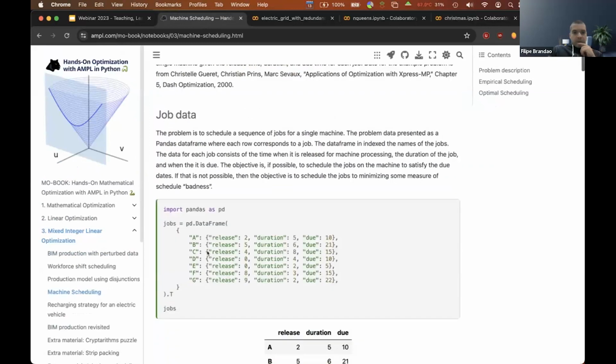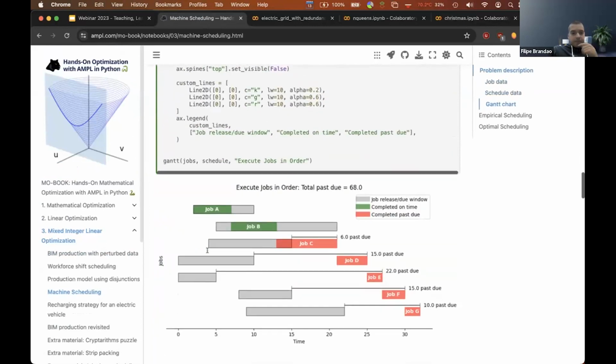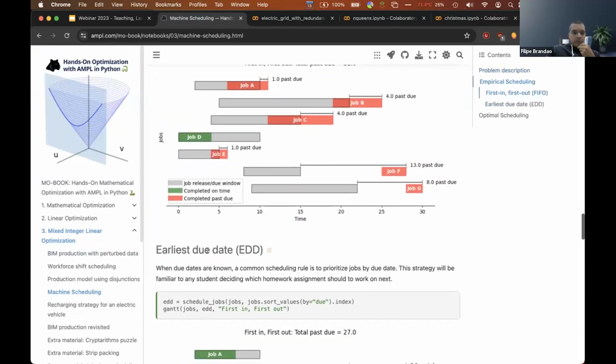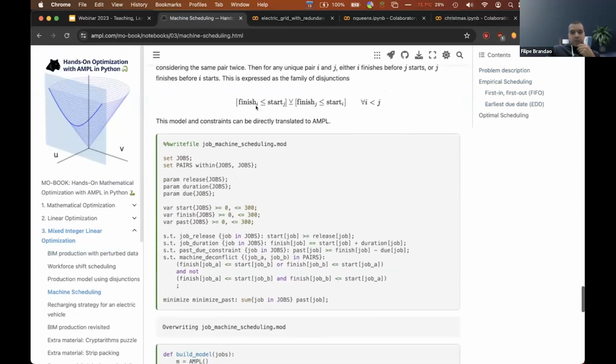Yeah, this one here. This is related to the first part of the presentation about the reformulations. So for instance, in scheduling, one thing that often happens, you have something like this. For every pair of jobs, they need to be before each other, they cannot be overlapping. So you might need to express a constraint that looks like this. And if you need to linearize it yourself, you might have to think a little, but in AMPL, you can now just write it. So finish job A before you start job B,